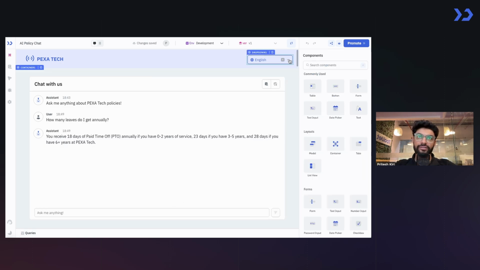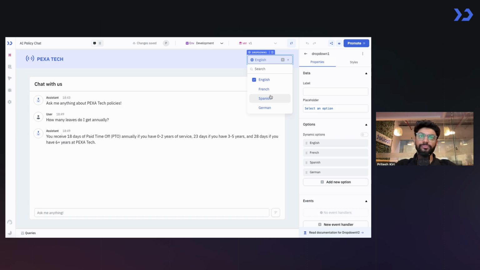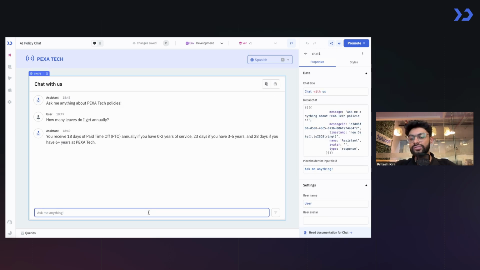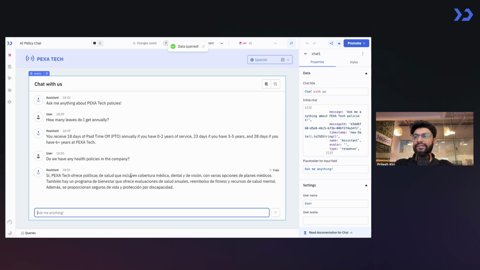language, for example, if I change the language to Spanish and ask a question, do we have any health policies in the company? Again, the same process will be repeated, and yeah, you got the answer in Spanish. So this is how the multilingual part works. You can just change the language from the top right and you will get the answer according to whatever language you